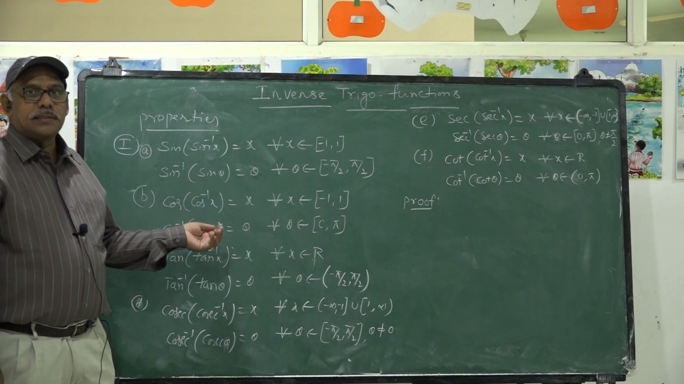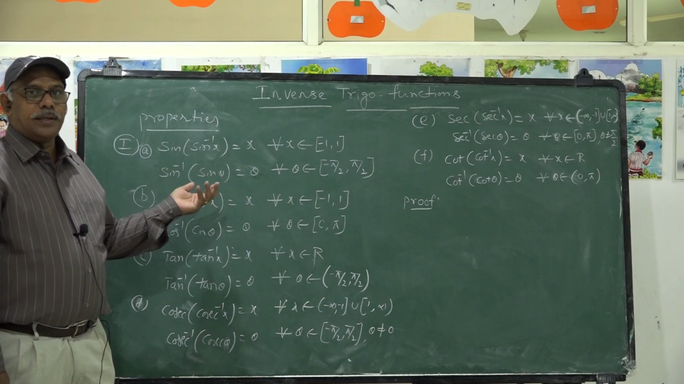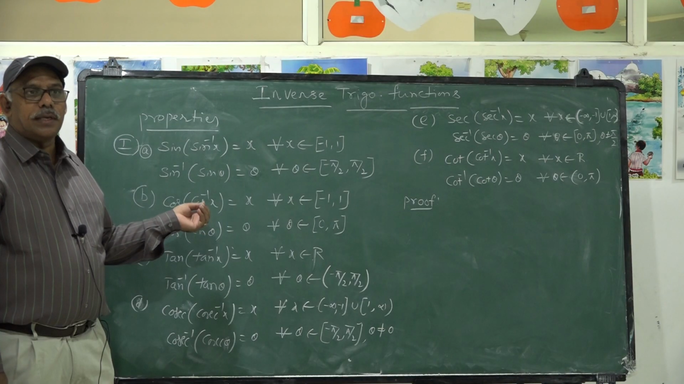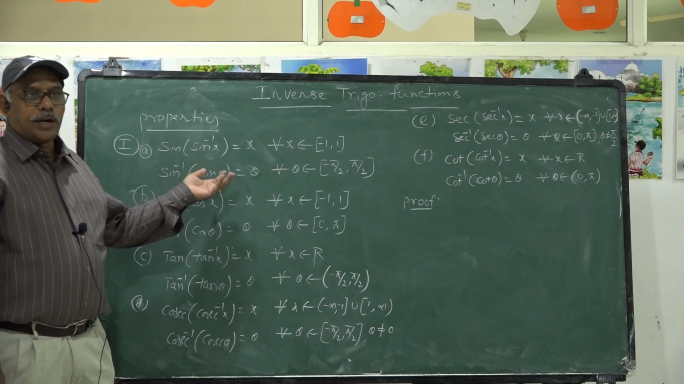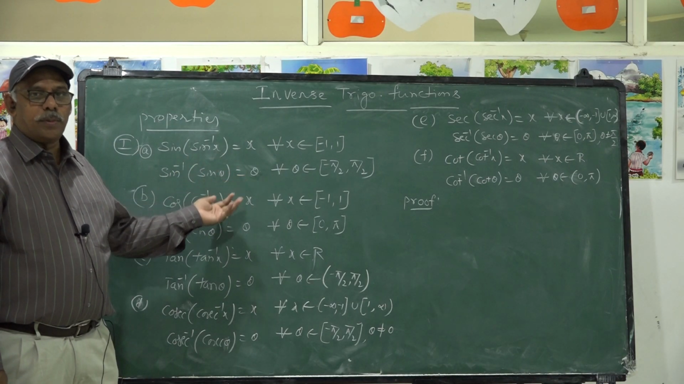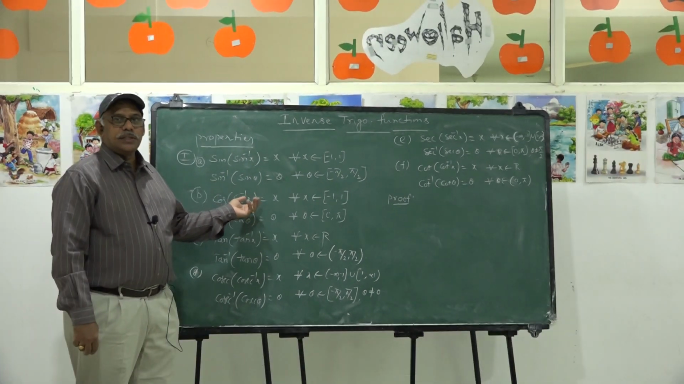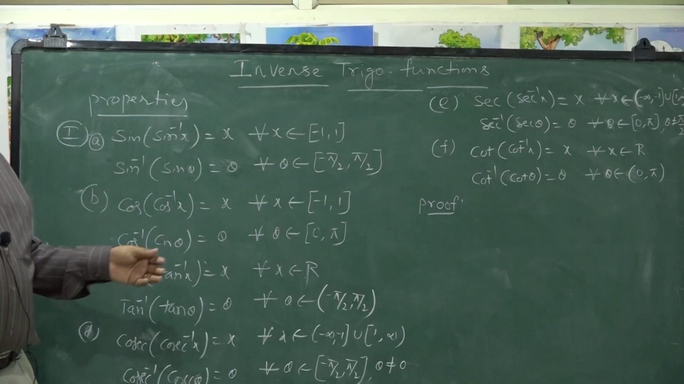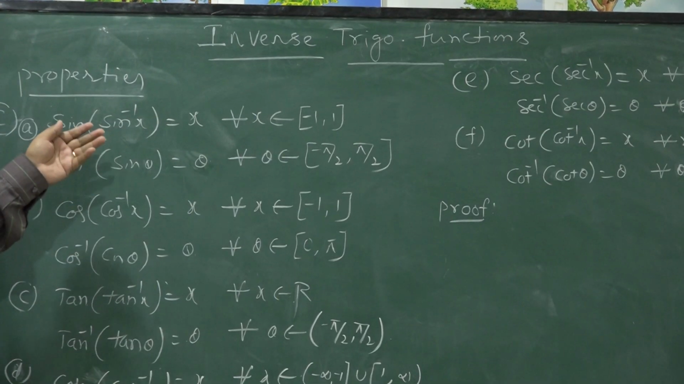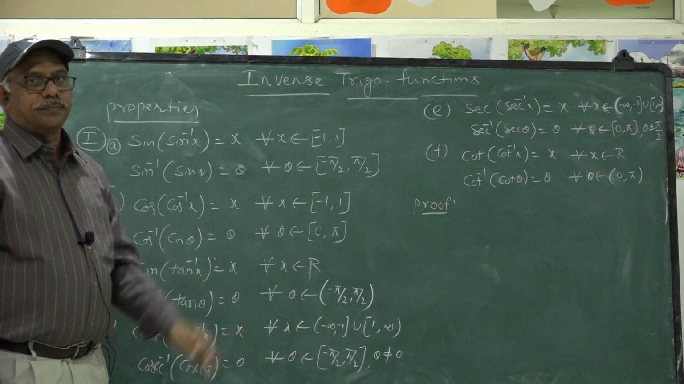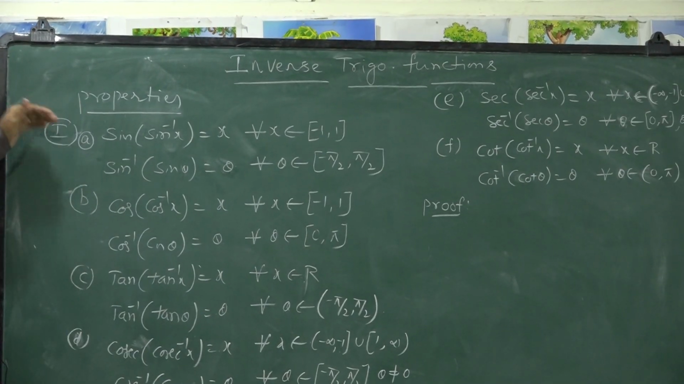In the previous class we explained the definitions of inverse trigonometric functions and where they are defined, the range and domain of the functions, and then the principal branch values of the functions. Today I am going to explain the properties of the inverse trigonometric functions. The first property is